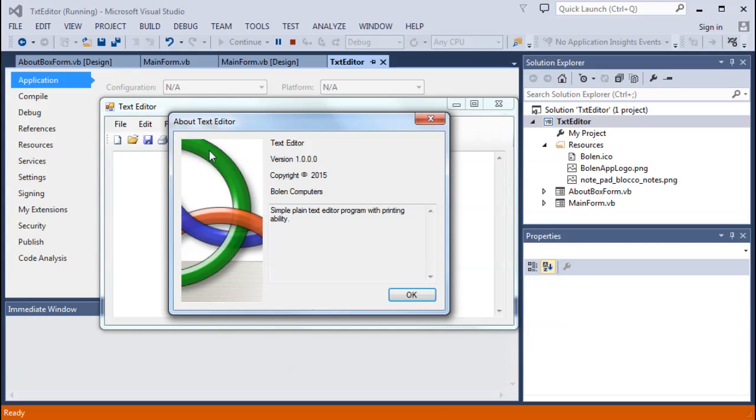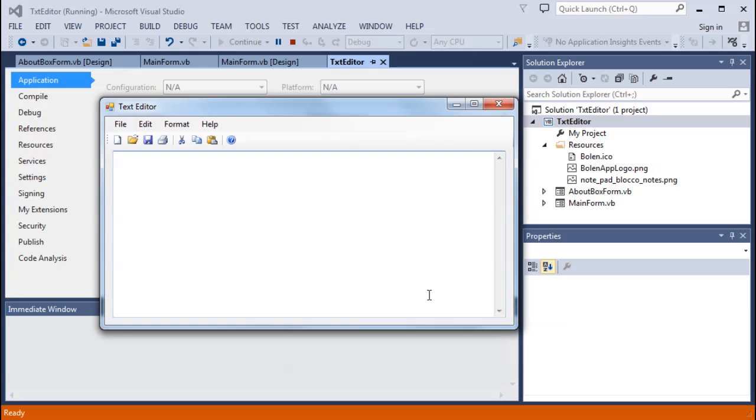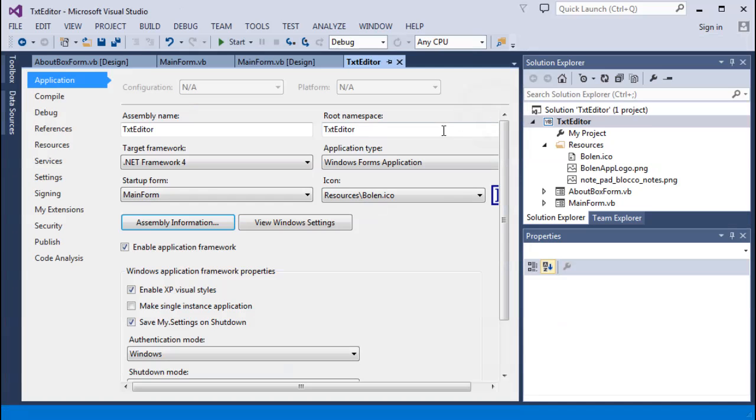And also we get a nice generic image here that frankly it's okay for just a generic about box, but I'm going to show you later on how to customize one. So this will do initially for a very simple generic about box. But what if you're using maybe Visual Basic Express and don't have the about box as a form? Well, we have to make one. So let's make a new